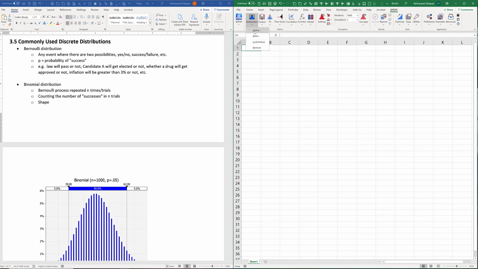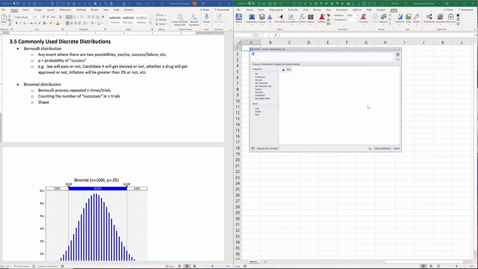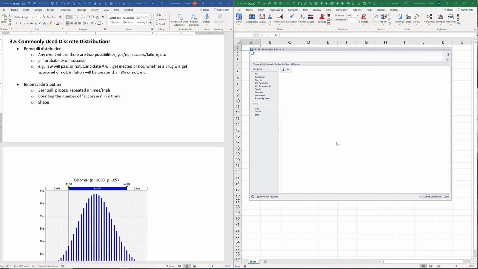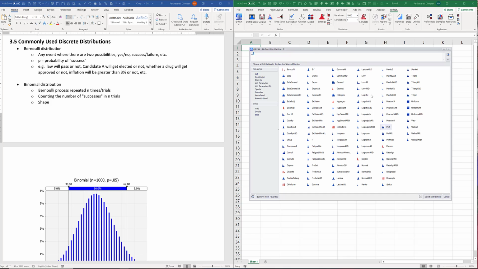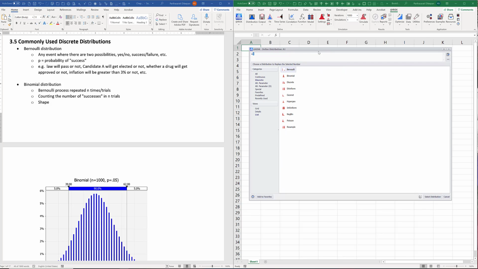and then select Define, you're going to get a list of categories of distributions. If you click All, it's going to show you all the possible distributions. Continuous will give you continuous distributions, and Discrete is going to give you discrete distributions. So let's not worry about the rest of them. So under discrete distribution,